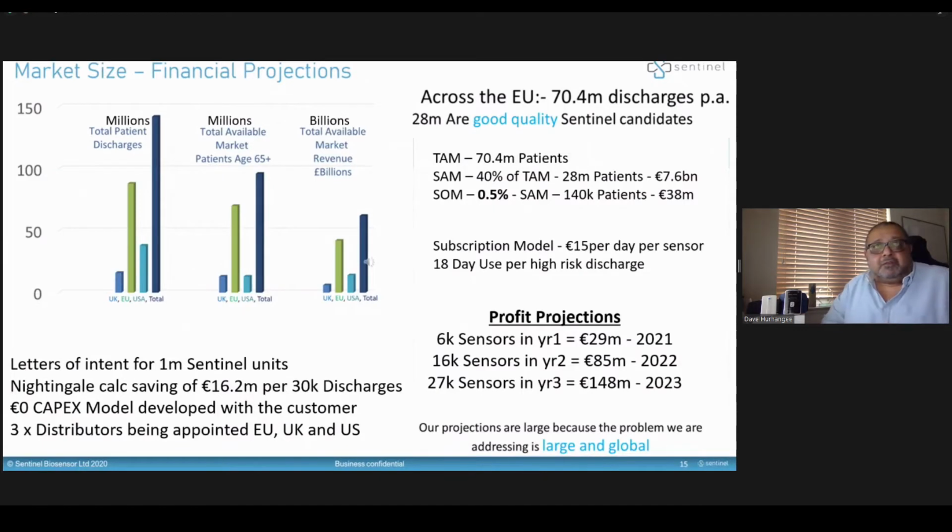We assume a SOM of 0.5% of our 7.6 billion euro SAM. Our sensors are on a subscription model of 15 euros per day for 18 days use. That's 6 days in hospital, as that's the average length of stay, and 12 days post-discharge, as that's when 60% of readmissions occur. The 5 Nightingale hospitals themselves calculated a 16.2 million euro saving for every 30,000 discharges, and we